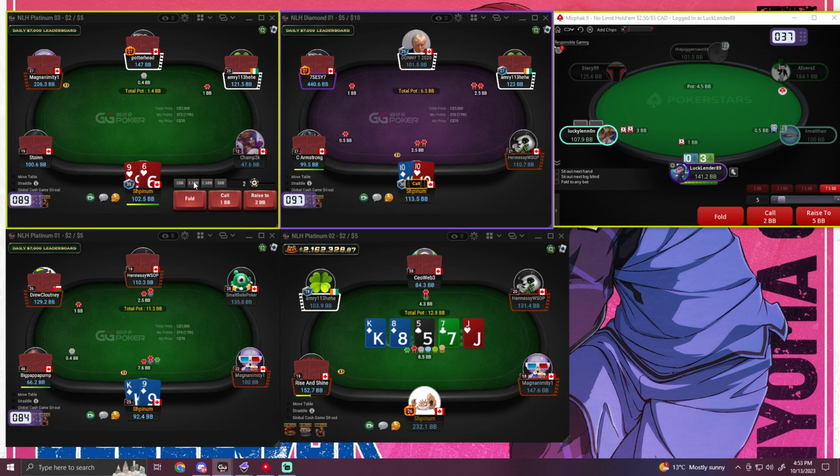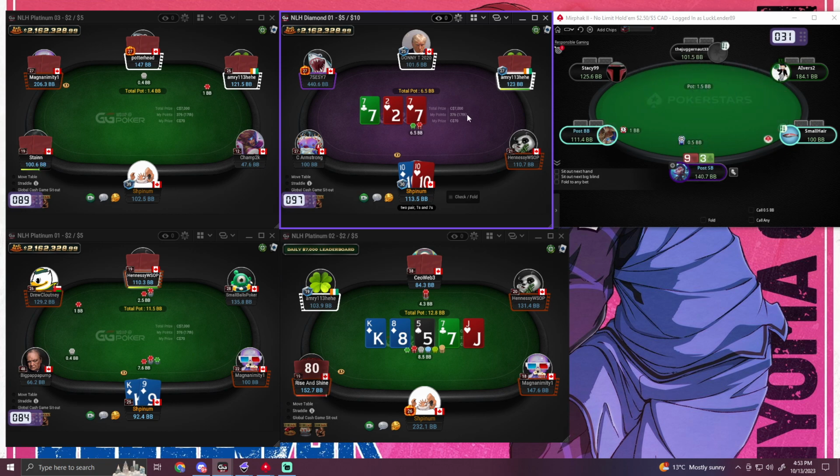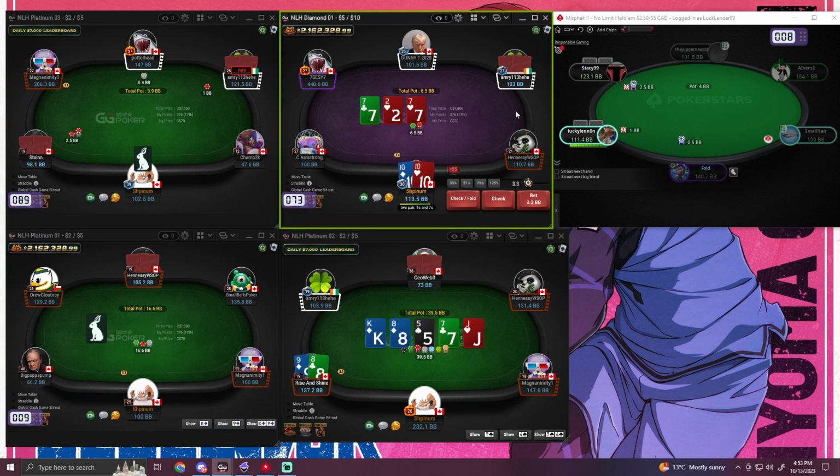And here I'm going to build a flop because of the fish in the big blind. 727. Shout out to the OSU people. If you know, you know. I thought I was a big OSU player, but